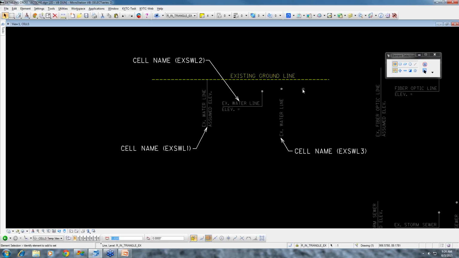And another thing to note, I don't know how you all place these, but the way I usually do this is I get my water lines, I drape them over the surface. For this one, I would just drape the existing surface. For this one, I would do an offset. Well, excuse me, for this one, I would put in the known elevation because we're going to have core holes